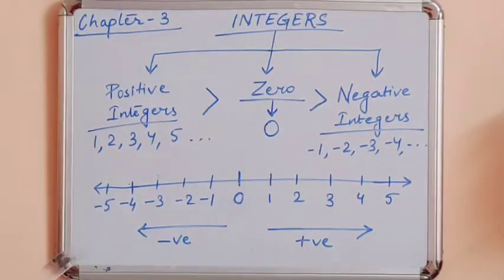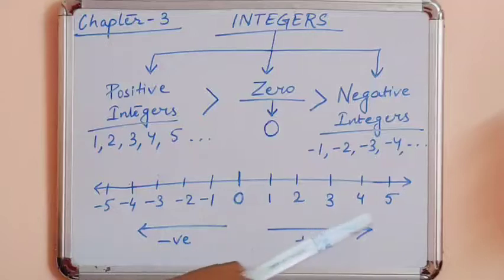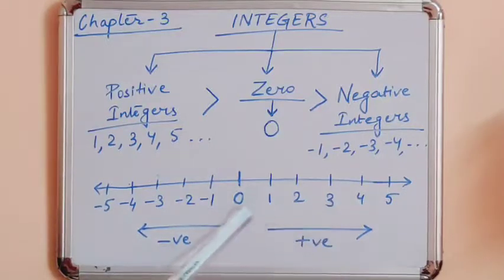Now as we move towards our right, the number becomes bigger and bigger. Say 0 or 4. If we compare these two numbers, which number is bigger? 4 is bigger because out of these two numbers, the number on the right side is always bigger. Suppose we compare -4 and -1, then here -1 will be bigger than -4. So -1 is the greater number.